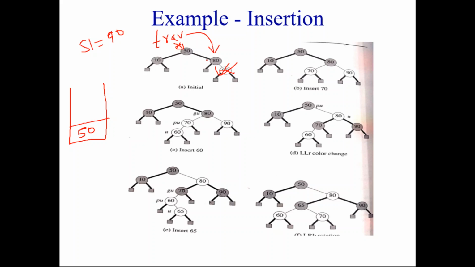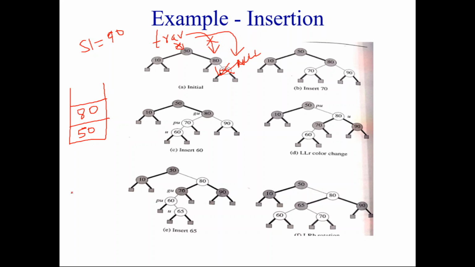Is S1 less than this? No, S1 is not less than 80, S1 is greater. So again you should make traverse equal to traverse arrow right. So again you push 80 into the stack, that is, the pointer to node 80 will be pushed into the stack. But now traverse will become null. The loop will continue as long as traverse is not null. So once traverse becomes null, then you have to pop.